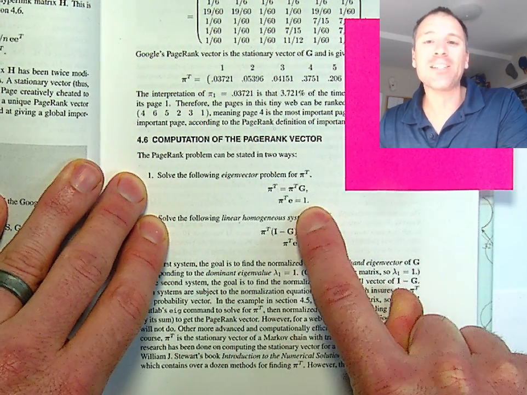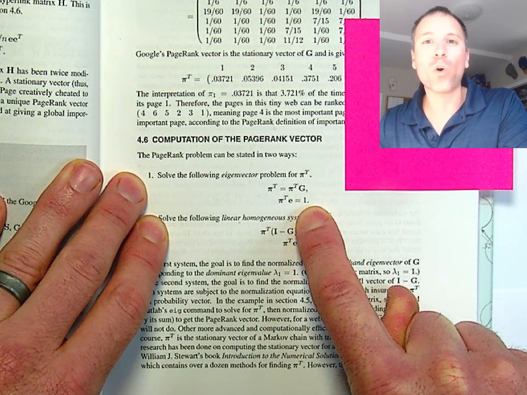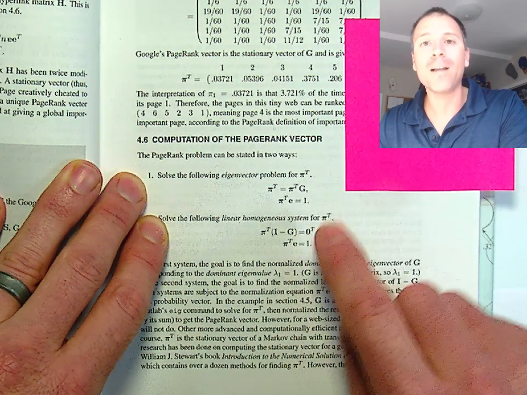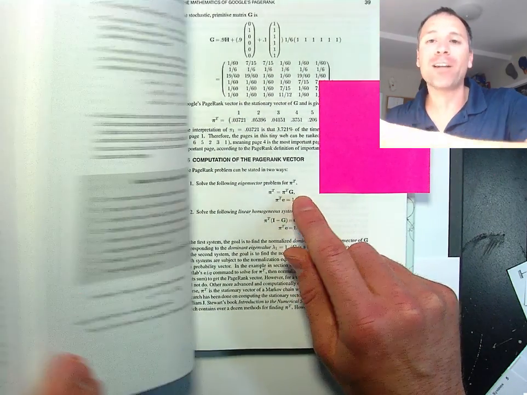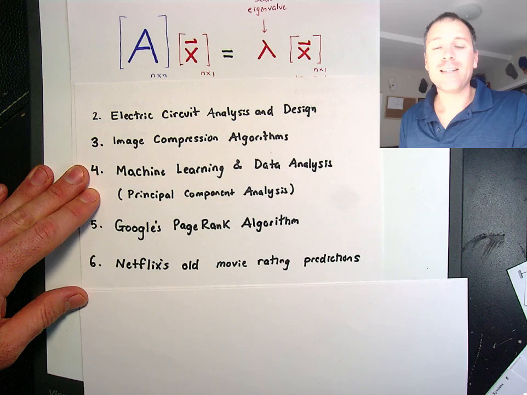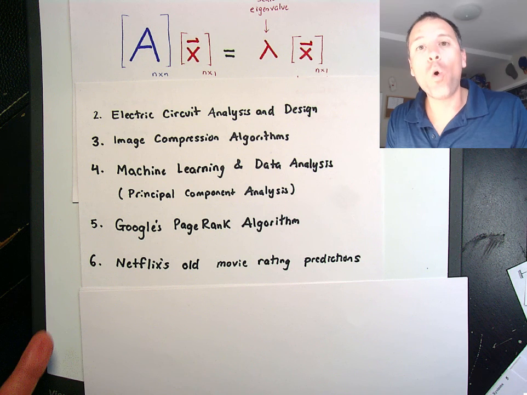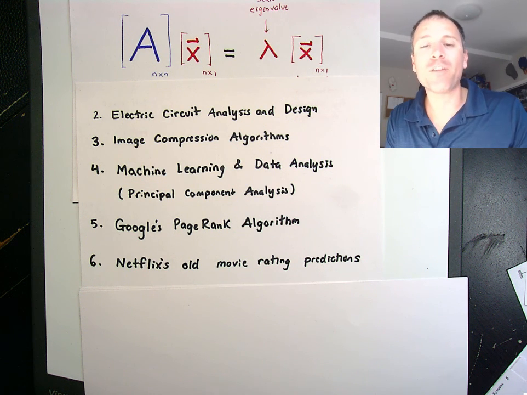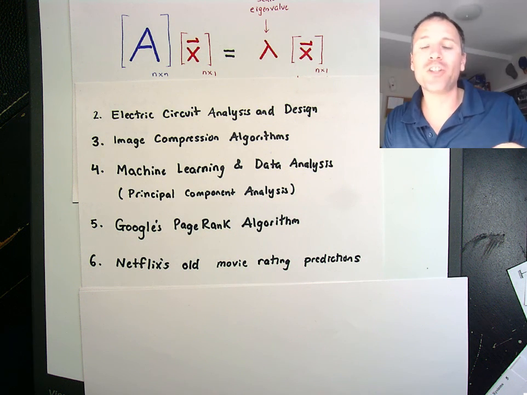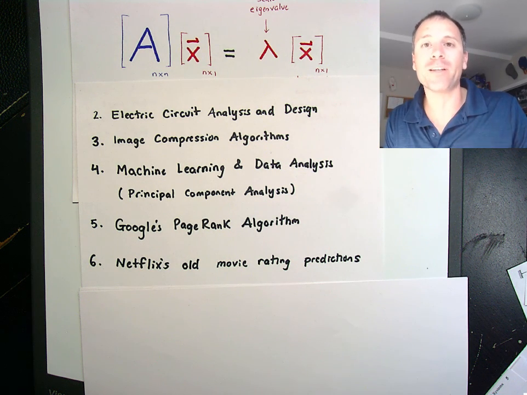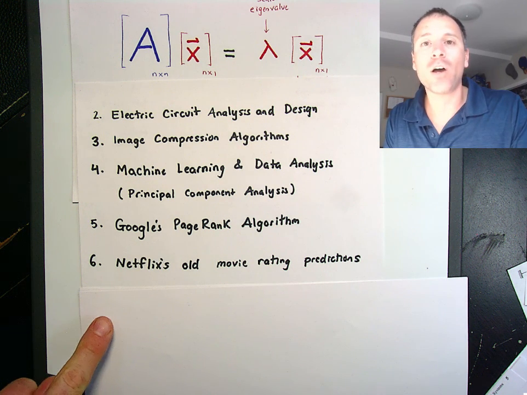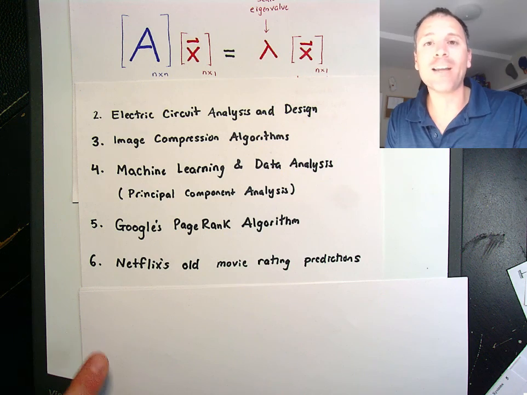This is a constrained minimization problem. Don't worry about that. That's called the Rayleigh quotient. That's beyond the context of an introductory course. But the point of the matter is, without eigenvectors and eigenvalues, Google would not exist in the form that it currently does. Similarly, Netflix's old prediction algorithms of ratings. You ever been watching a Netflix show and they're like, oh, we 98% predict that you're going to like this movie, and then you click on it because they're telling you what you like and what you don't like? Their old algorithm was based on prediction capacity using eigenvalue theory.